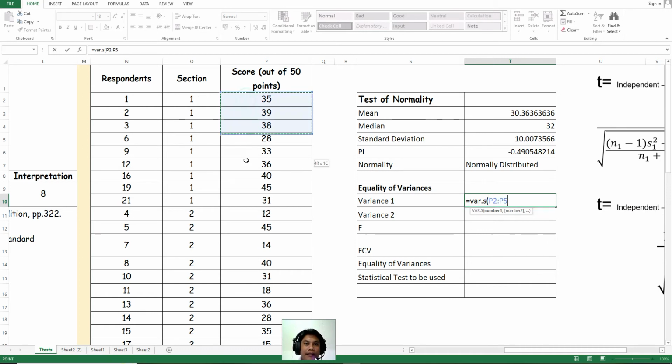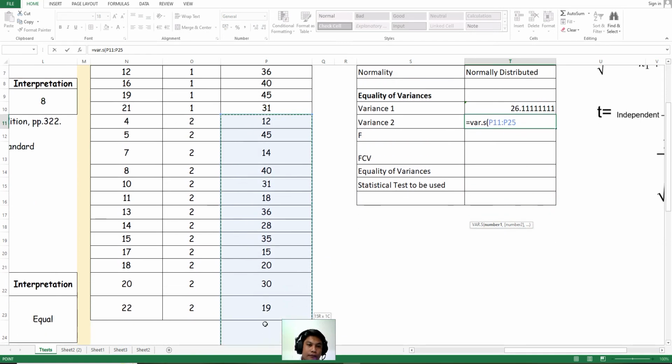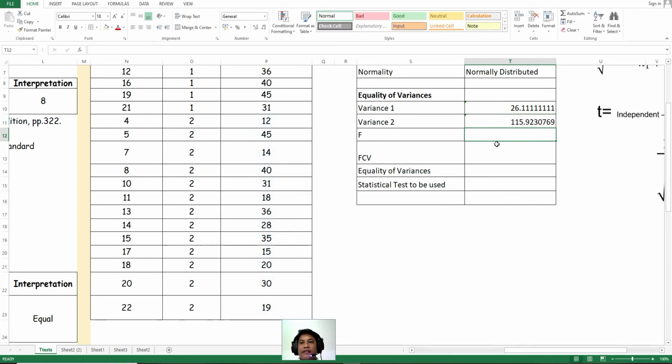Okay, and then we get the score, not the section, but the score of the first variance. And it's 26.11. And then equal var.s for the second group. So it's 115.92. So what is now our f? So again, let us divide the larger, which is variance 2, divided by the smaller, which is variance 1. So our f value is